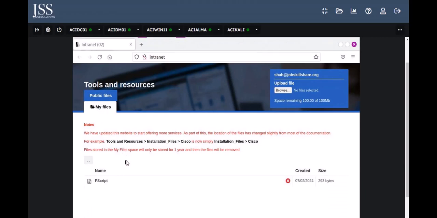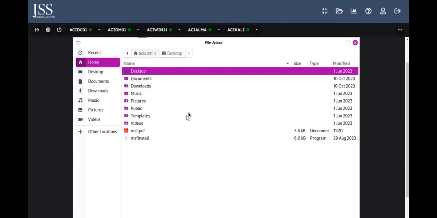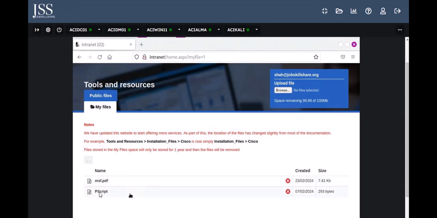So in Firefox, in the upload file section, select browse. In the file upload window, select the home folder, then select the msf.pdf file and click open. And you can notice that the msf.pdf file is uploaded. The my files folder is accessible from any machine in the lab. You can observe here the msf.pdf file has been uploaded to my files. This simulates the delivery mechanism of the exploit to the victim. So close this window